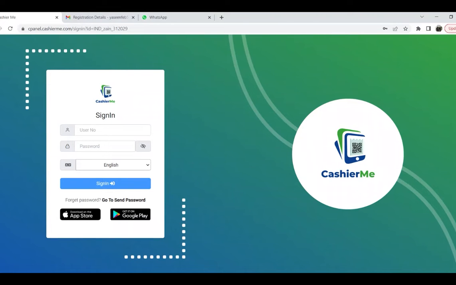Hello everyone. In this video, we shall be exploring the control panel aspect of the cashier map. In this control panel, once a client inputs their user number and the password, the client will be able to change the company's information, and also will be able to update the menu,